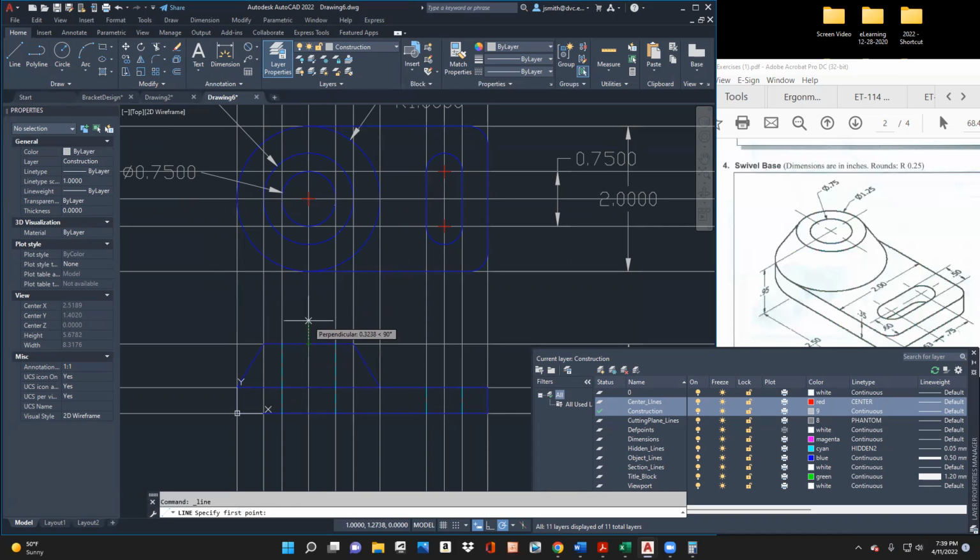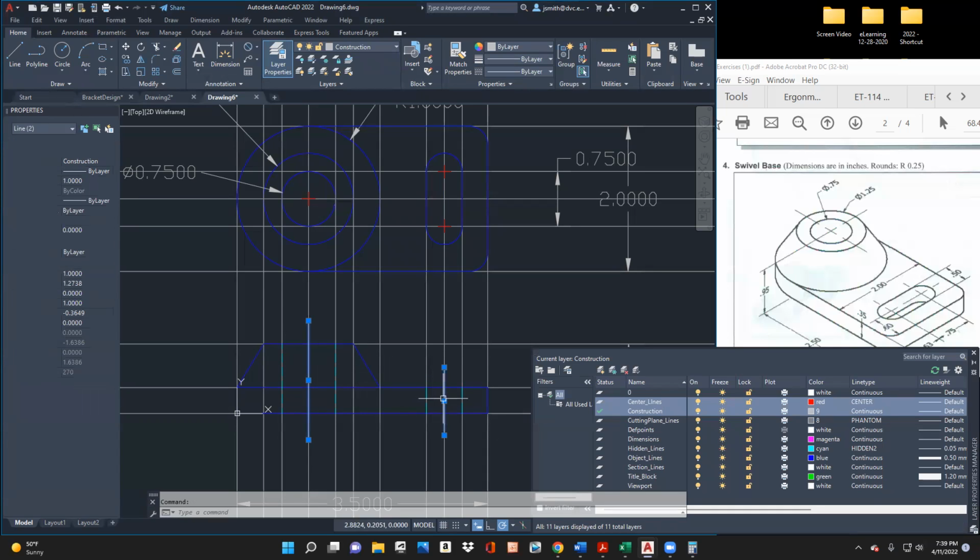So I'm going to just start above it. You always want to go through the part. It's a little confusing when you have the construction lines on, but it's a huge help. So then I'll take these two lines here and let's throw that into the center line. And I noticed that if I turn the construction line off again,